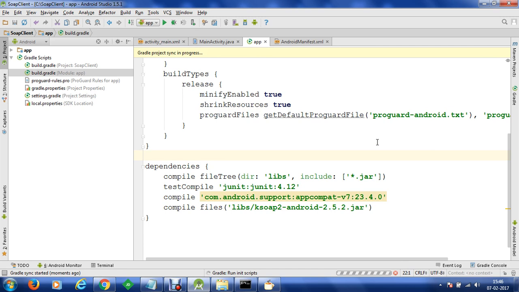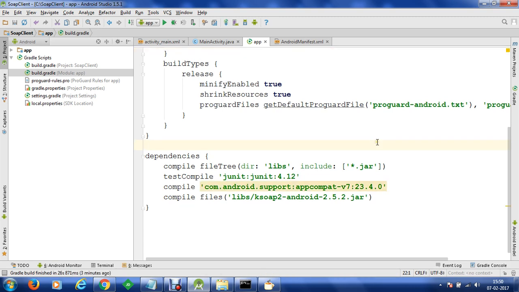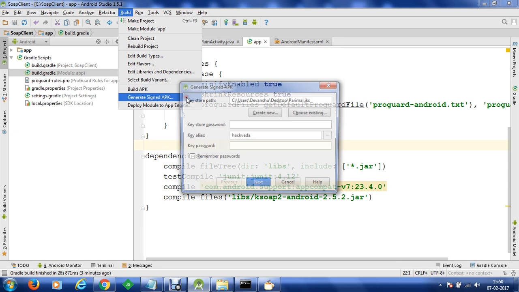Once the sync is complete, we are going to decompile the application again, and first we will build the application, then decompile it, and then see the differences. Once the project has been synced, we can export this application. We can go to Build, Generate Signed APK.